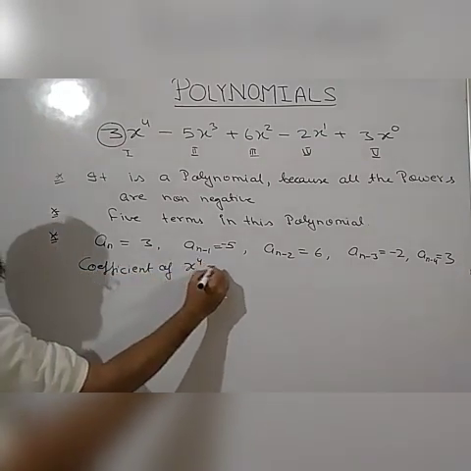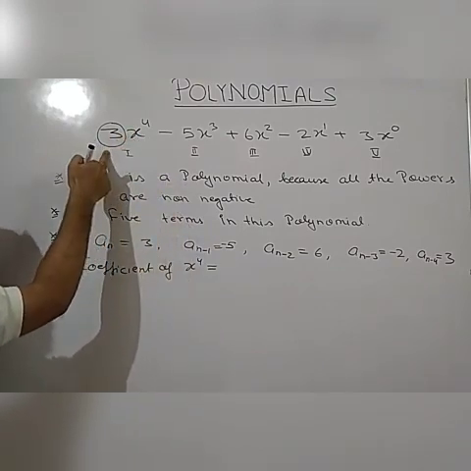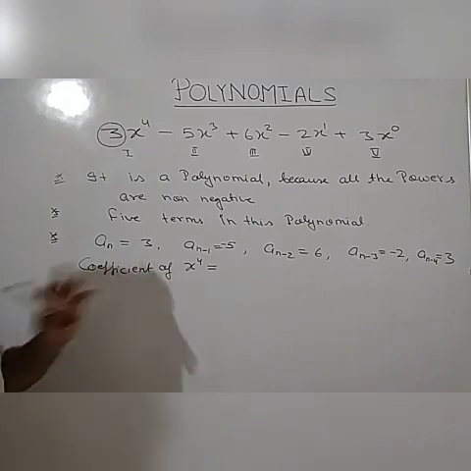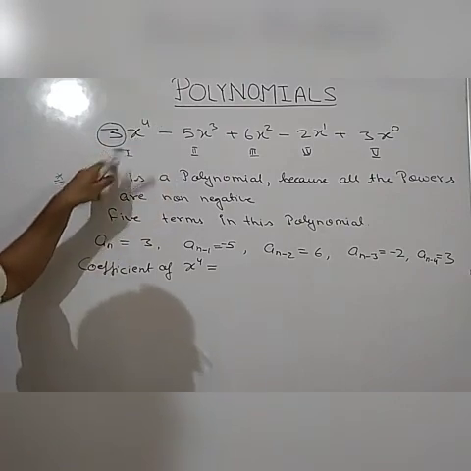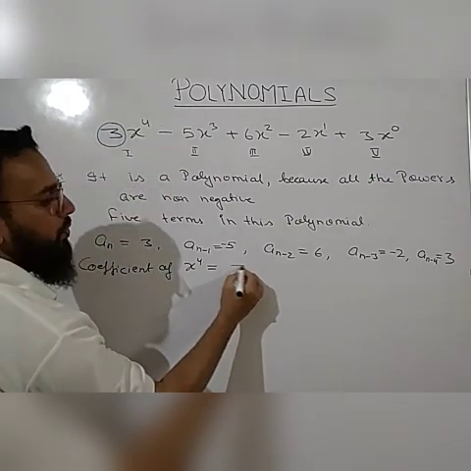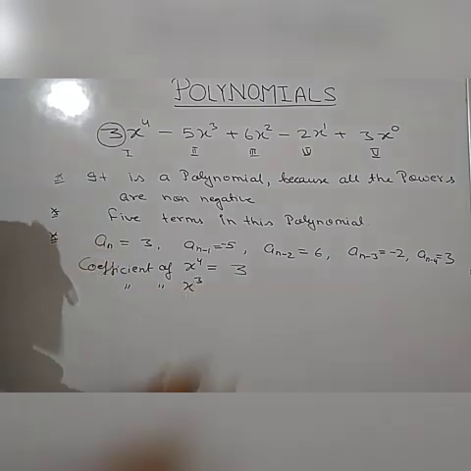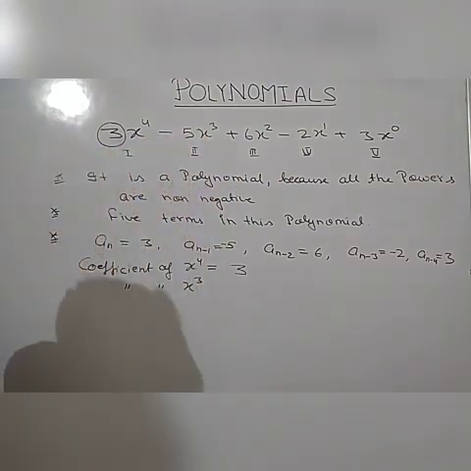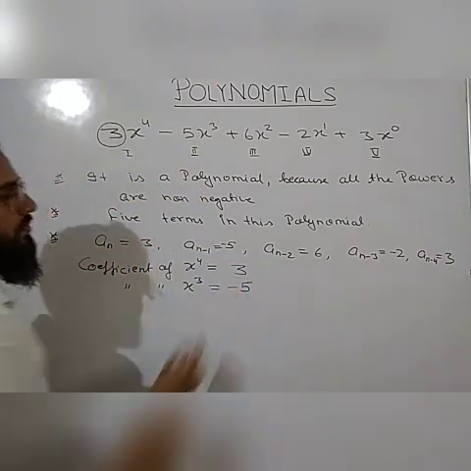of x to the power 4 will be the constant with x to the power 4 is known as coefficient. The constant term with any variable is known as coefficient. So the variable is x to the power 4 and the constant term is 3. It means the coefficient of x to the power 4 is 3. Similarly, the coefficient of x to the power 3, that is x cube. So the constant term with a sign, we have to take with sign also. So here the sign is minus 5. So the coefficient of x cube will be minus 5.